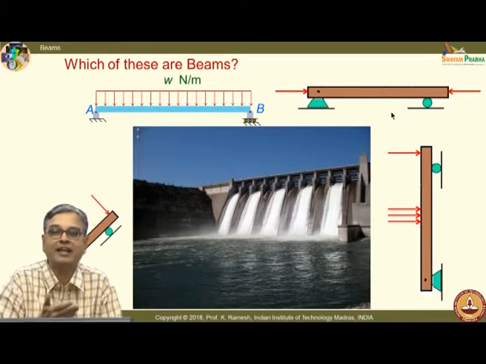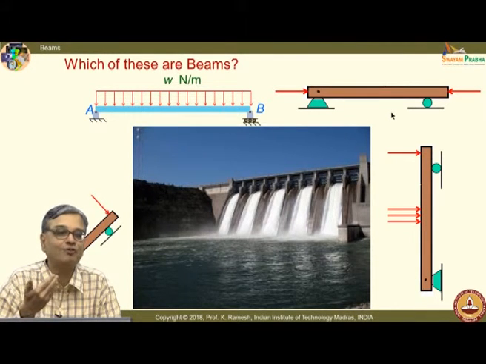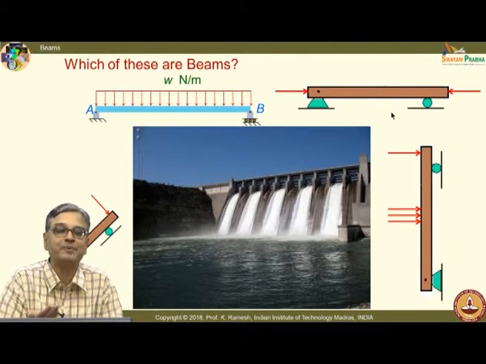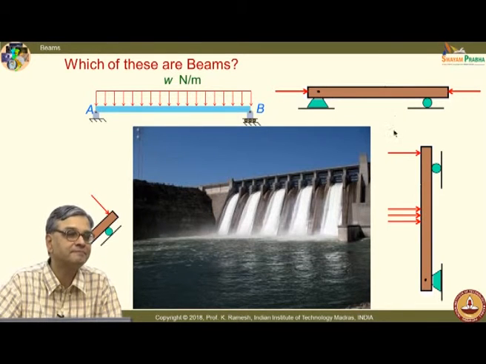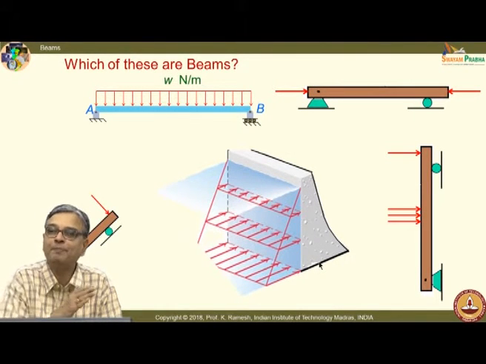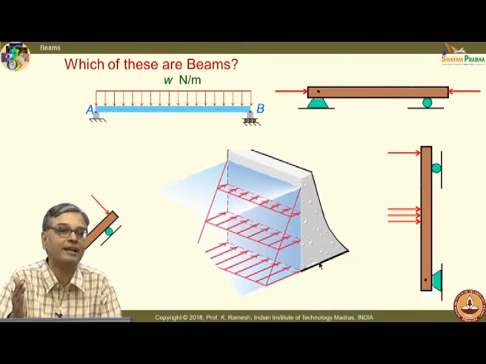And recently Kerala is in spate and all dams are overflowing, they are sending out water. Can you extend your knowledge of whatever you have discussed as a beam to what you see in a dam? I can see the dam cross section like this, and I would have a water column applying a force here, and very well, the pressure increases as we go down. You have basically a triangular loading acting on the dam. So, this is one practical example where you have a distributed loading acting.